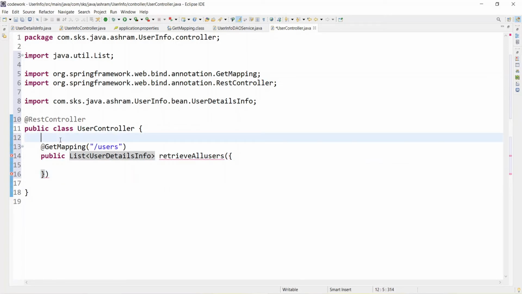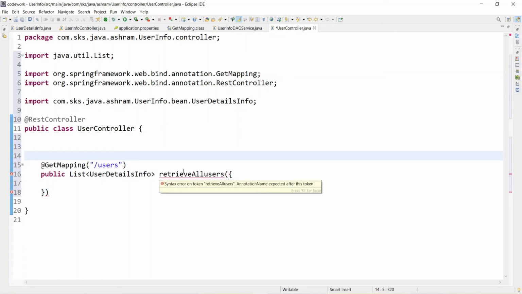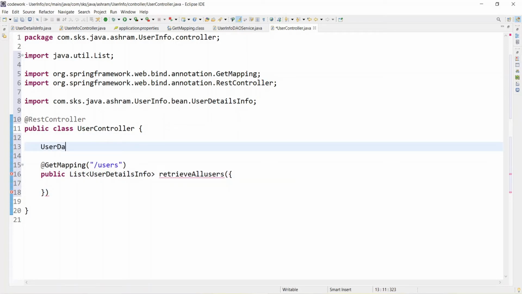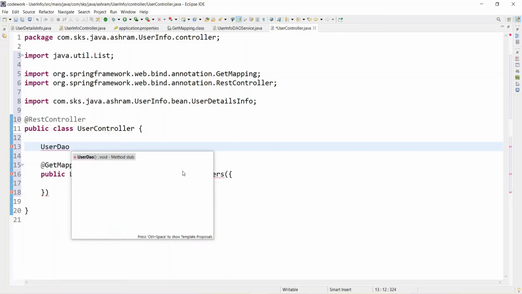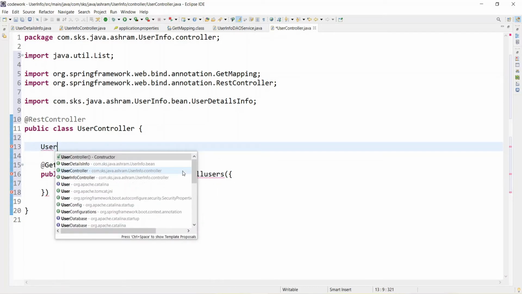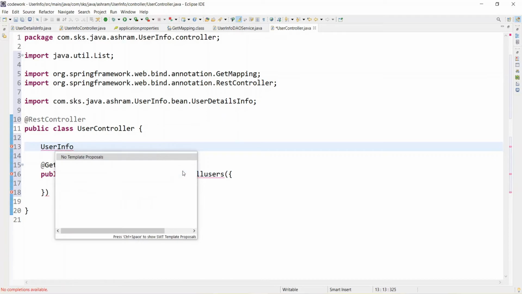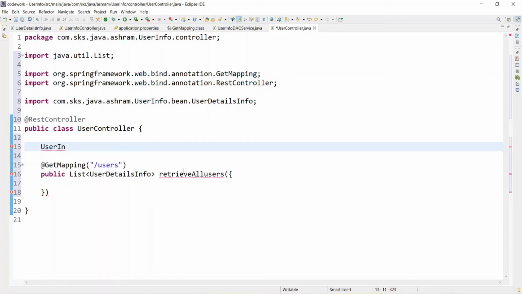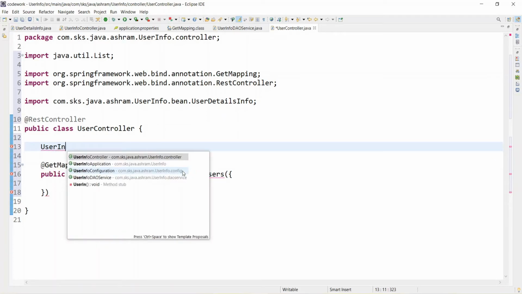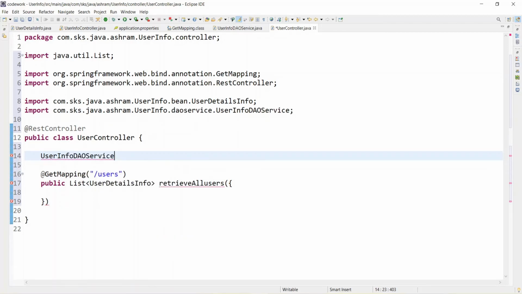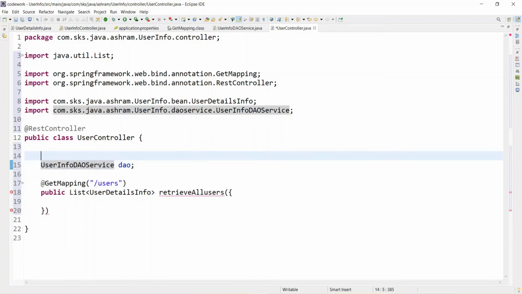And what we need to do: we have a user info DAO service, let's say DAO, and this is managed by Spring.